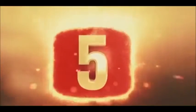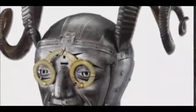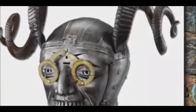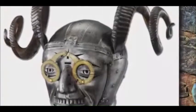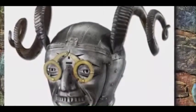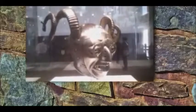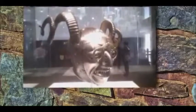Number 5. The horned helmet of Henry VIII. This strange design is technically called an armet, which means horned helmet. This was a gift presented by the Holy Roman Emperor in 1514. The craftsmanship of this helmet made King Henry want something a little better each time, and his standards increasingly got more specific, even though this was one of his favorite pieces. What makes this design unique is how it covers the entire